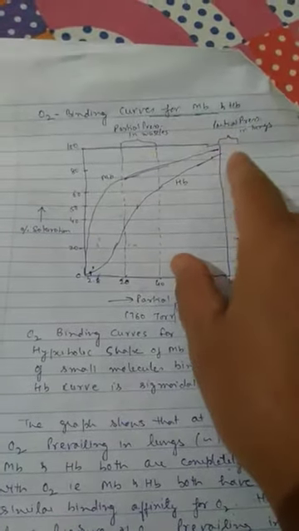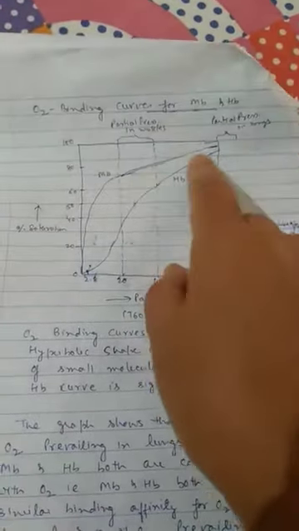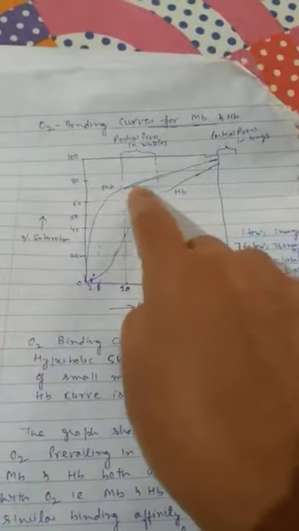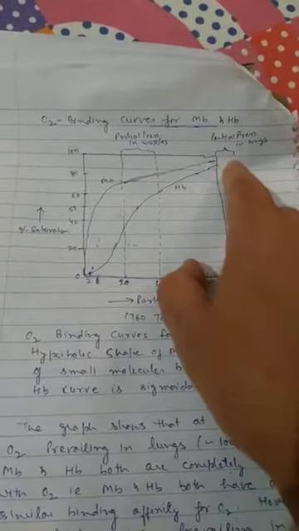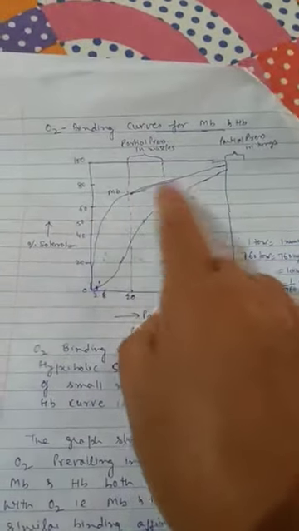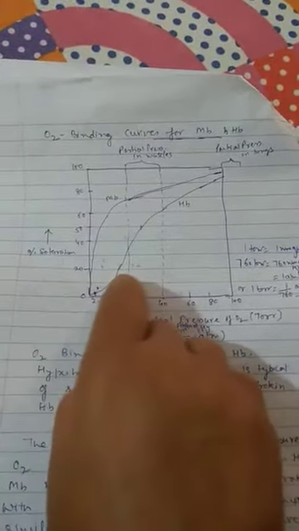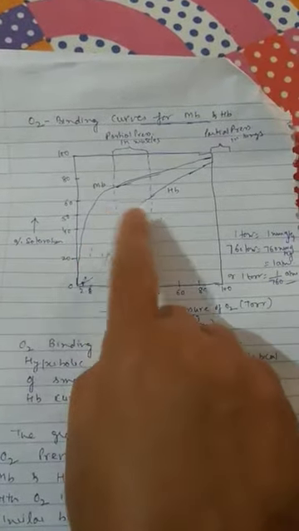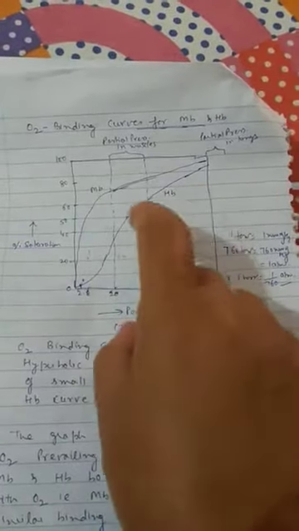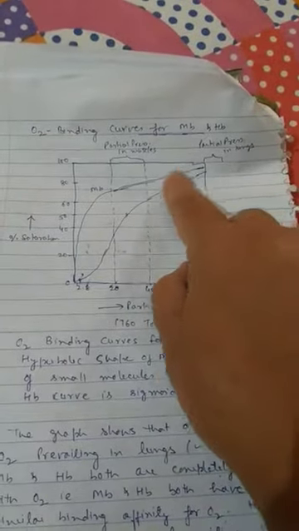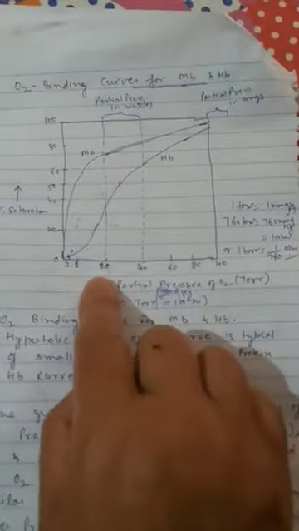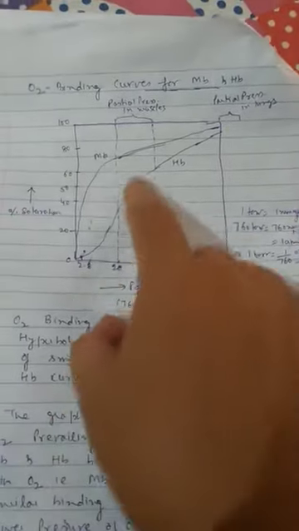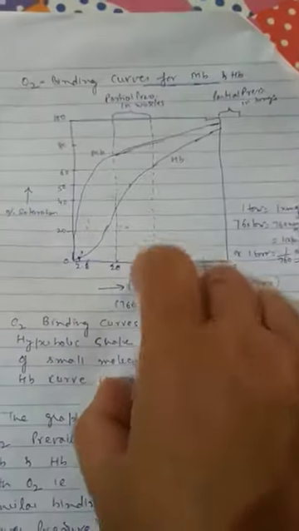Next, now from the lungs through blood, this oxygen will be carried into the tissues or muscles to perform different body functions, right? So when we move along the curve on the opposite side, remember that when we are moving on the opposite side, we are discussing the dissociative nature or releasing nature of oxygen, right? So when we move from lungs towards the muscles, I have taken this region in this curve, which is in between 20 to 40 millimeters of mercury, which is the prevailing pressure of oxygen in